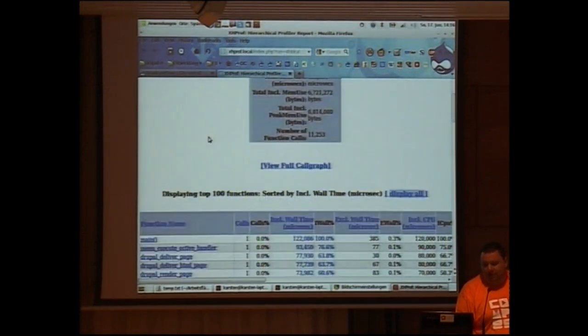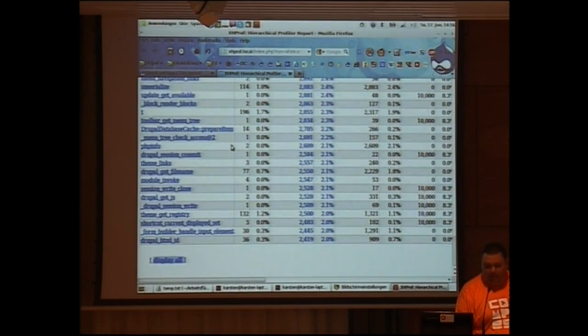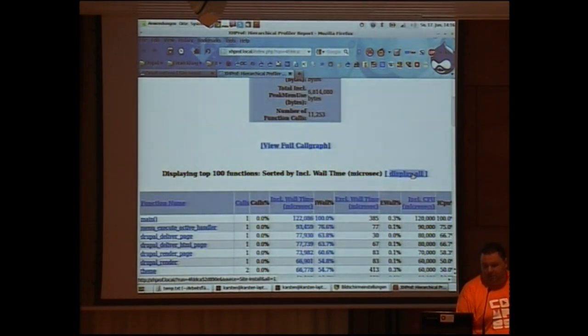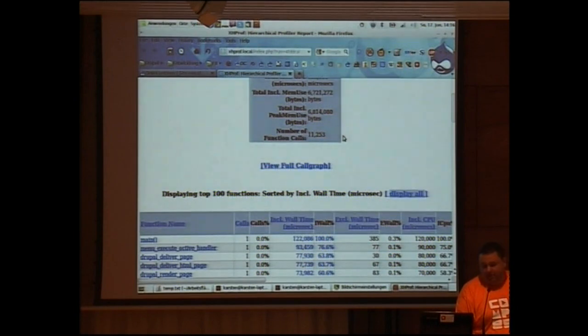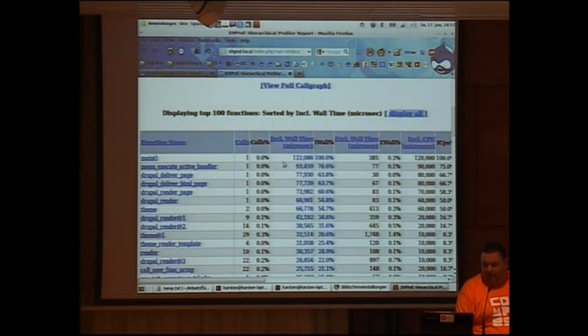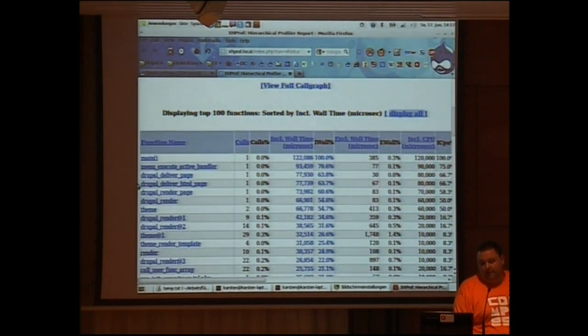11,000 functions. And then we get this incredibly big list below here. It will only list the first 100 calls. If you press on display all, of course, all 11,000 calls, or at least the sum of all 11,000 calls will be displayed. So you have here a lot of different things that we get told, and the first thing